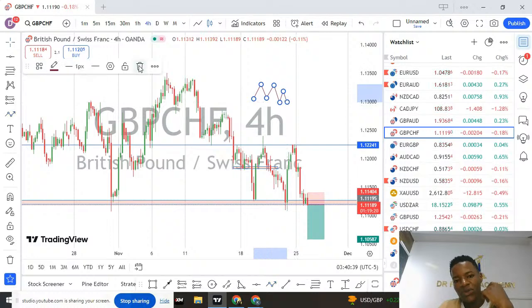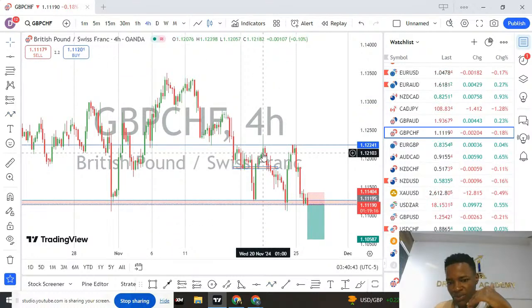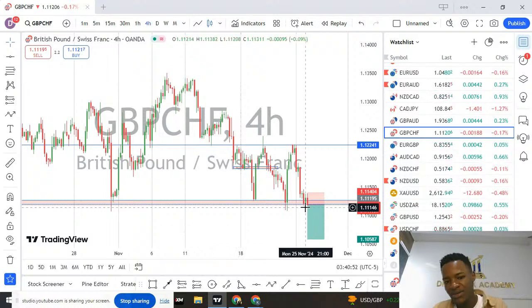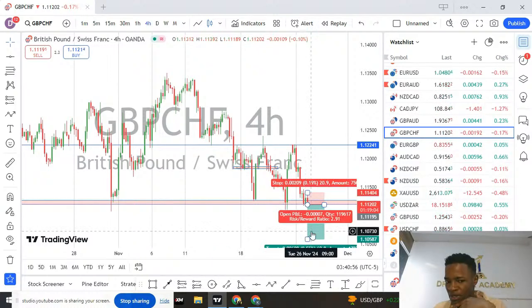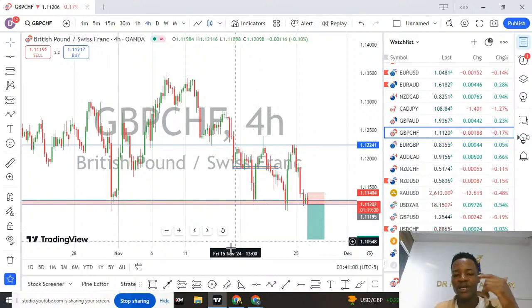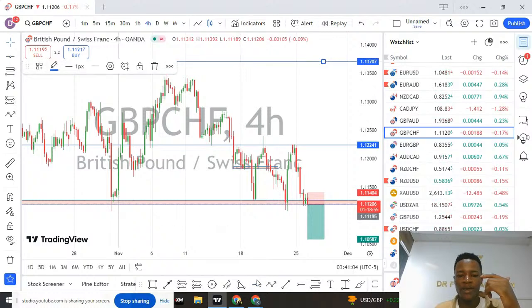but one thing you have to know is that whenever we have a double bottom or a triple bottom, the market has to break. And you have to know when the market is about to break that area. How do you know that in such a scenario? Whenever you see another block being left, you clearly know the market is about to make a new low. Because not all the time will the market form a double bottom and respect it.